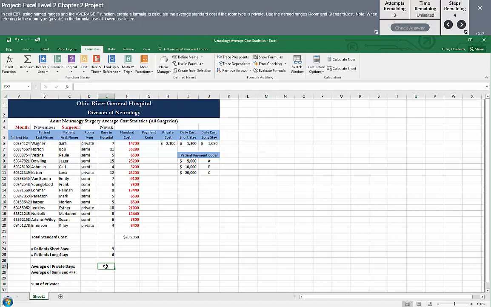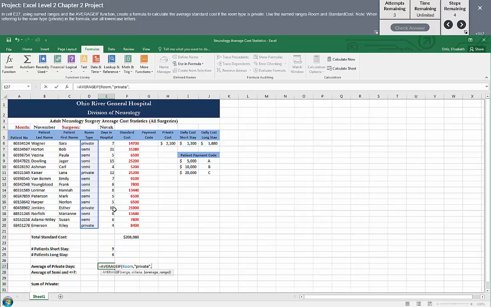So how is it going to look? Well, you know how we are going to start the formula: equal. And then we know the function. We start typing in the function. Once you see it, double click just to see the format of my formula. So the first part is the range, and we know that the range is going to be the room type. Do I remember the name of this cell range? No. So I'm going to go to Use in Formula, and I know that it must be this one, because it has been marked. Okay, then comma. So what is going to be the criteria? Well, if the room is private, so I'm going to open my double quote, private, lowercase, okay,